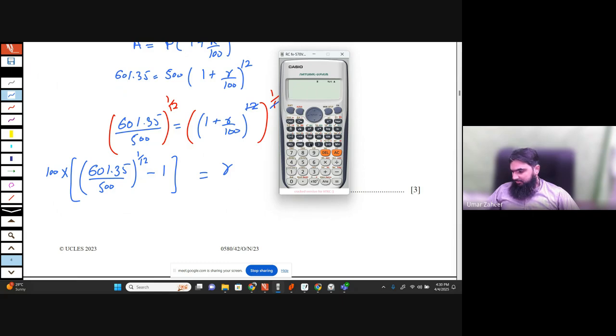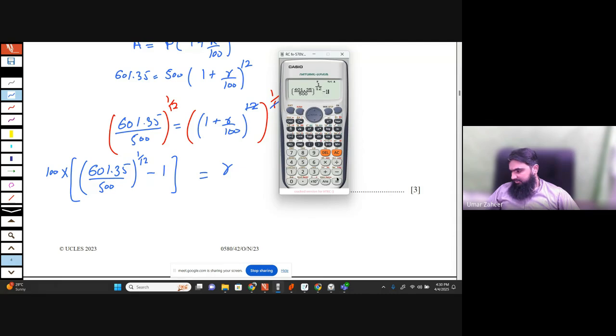We have bracket 601.35 divided by 500, bracket whole raised to power 1 divided by 12,